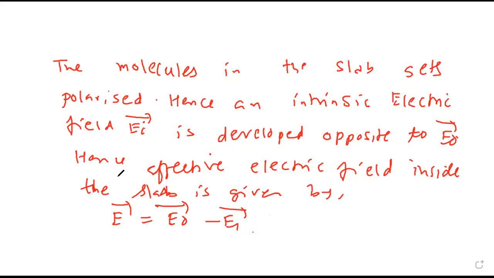So inside the slab, field will be E naught minus EI. Outside the slab, it will be E naught. Inside slab means in thickness T, outside means the remaining part d minus T. So the E naught passes through the dielectric slab, also. It can pass through dielectric. So E naught is passing, that's why we got a difference. The dielectric is not a conductor. Had it been a conductor, it won't pass.